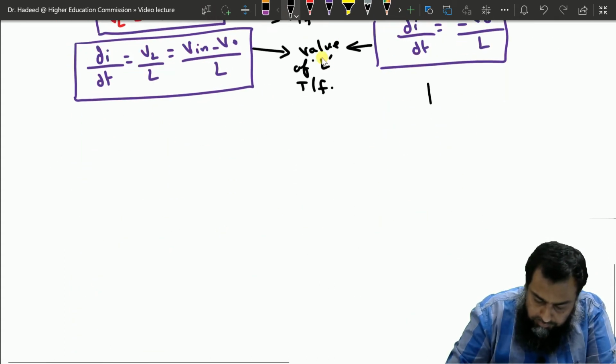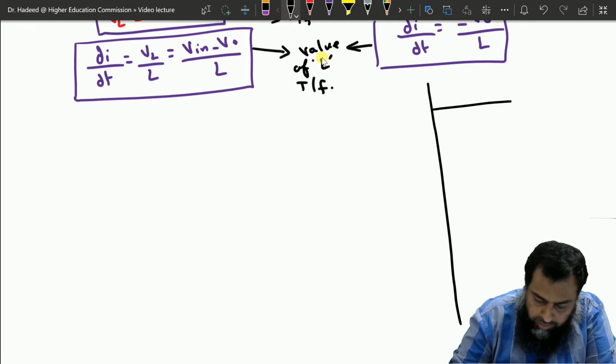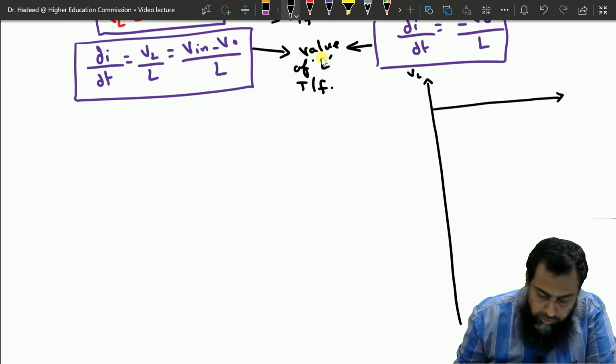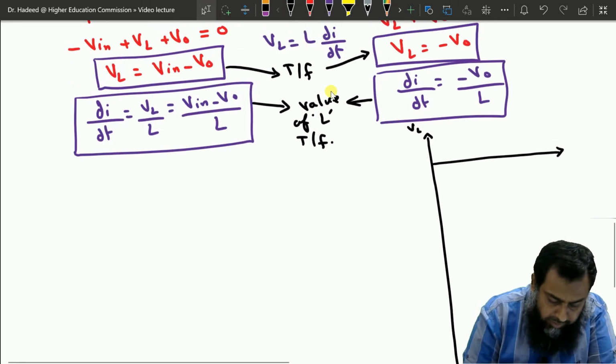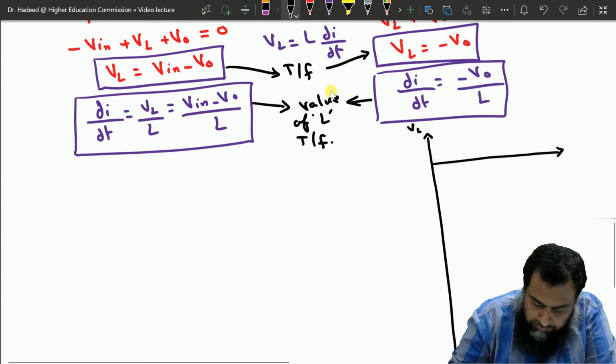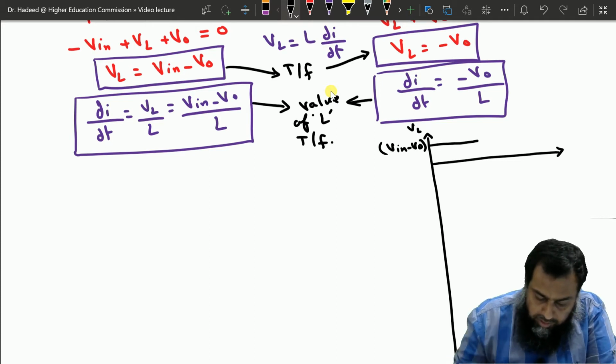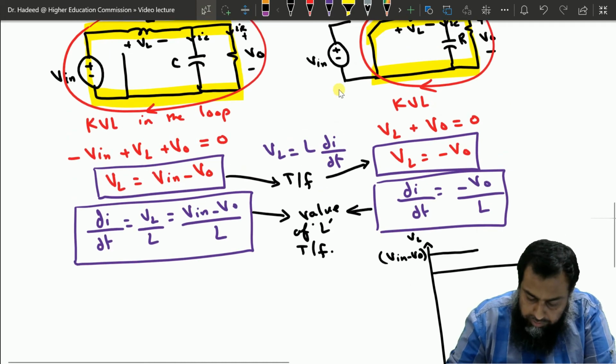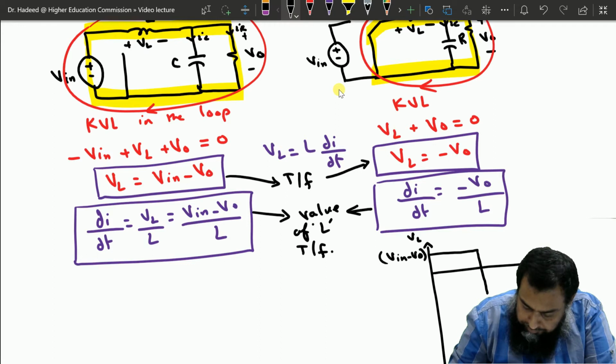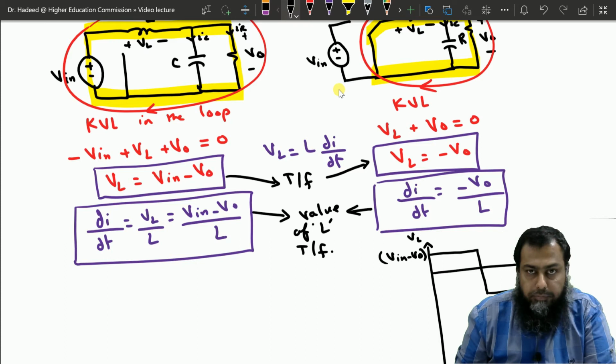So here we have the voltage across the inductance VL. During the dTs time, it is equal to Vin minus Vo. So we will say that we have this Vin minus Vo. This is the voltage across the inductor, and for the switch position number 2, it is equal to minus Vo. So it will go down and it will have a value equal to minus Vo.